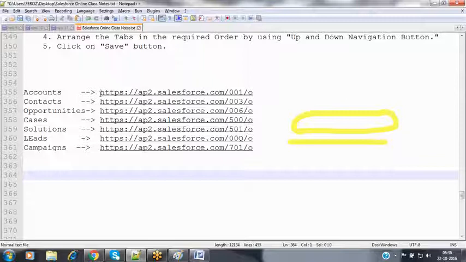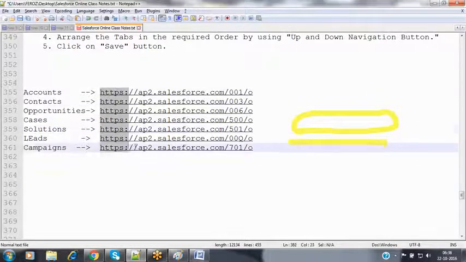Up to salesforce.com it is similar, only the last part is different. Observe this part, up to ap2.salesforce.com, this is the same. After that, there is a 3-digit alphanumerical value available here.